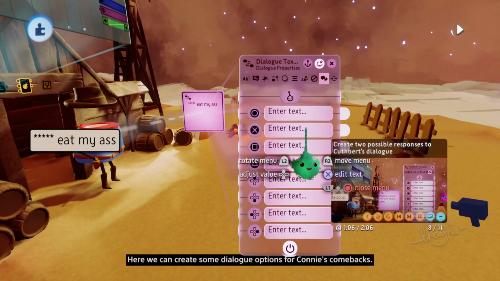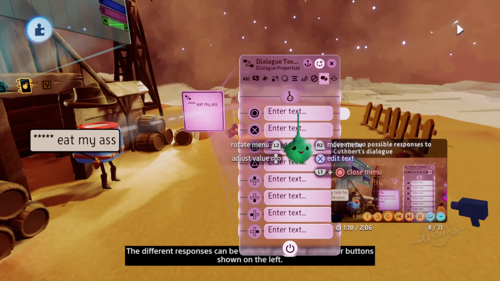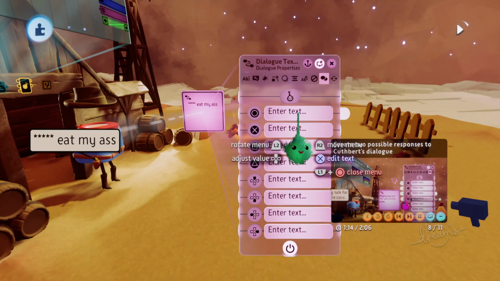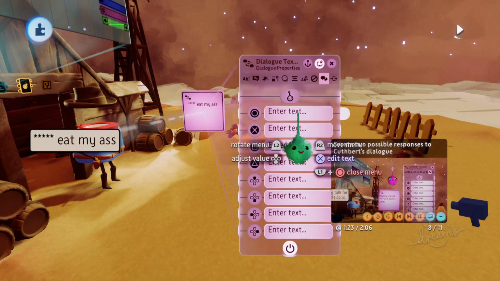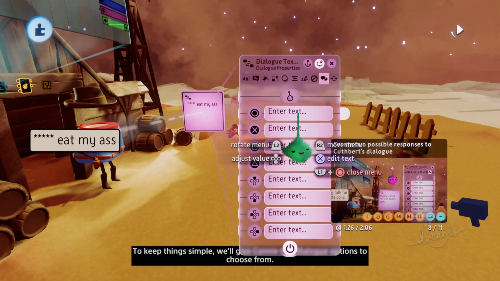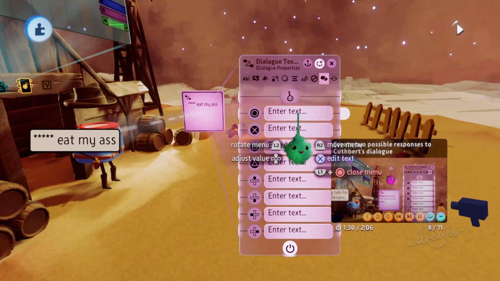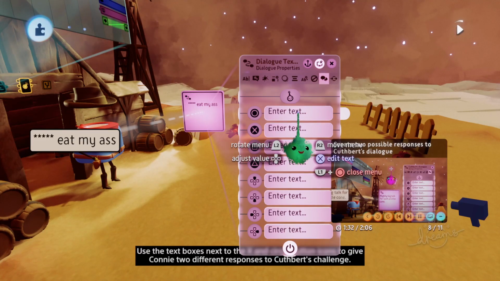Here we can create some dialogue options for Connie's comebacks. The different responses can be selected using the controller buttons shown on the left. If you use the same button for dialogue as you did for a close prompt, the dialogue will take priority. To keep things simple, we'll give Connie 2 dialogue options to choose from. Use the text boxes next to the X and circle button icons to give Connie 2 different responses to Cuthbert's